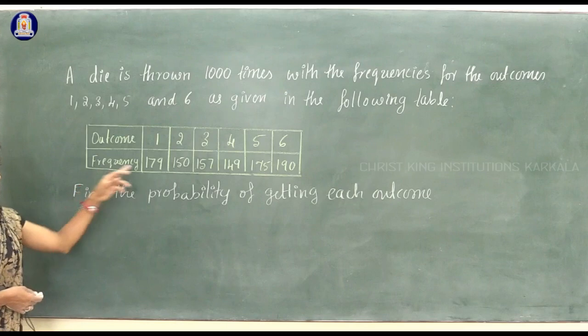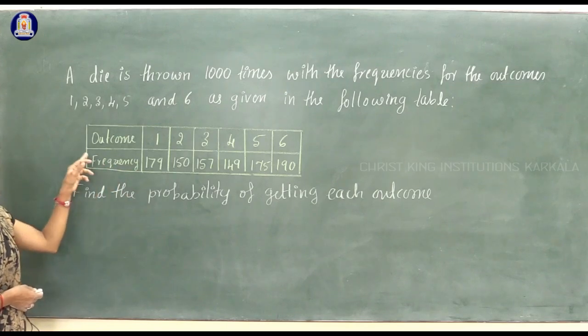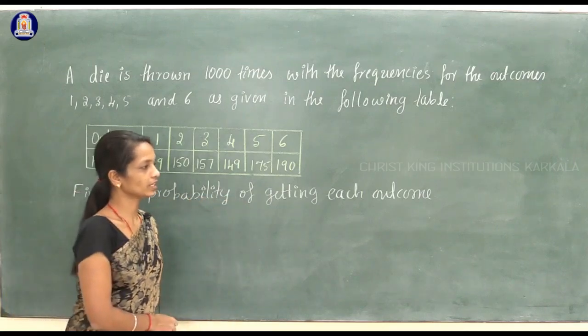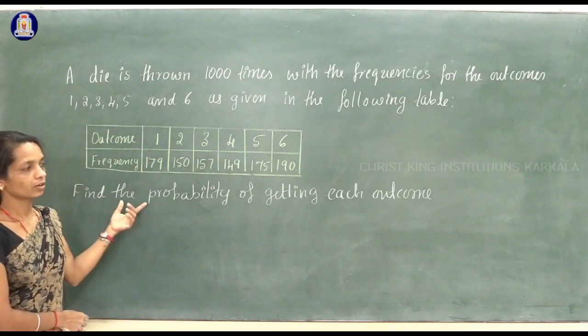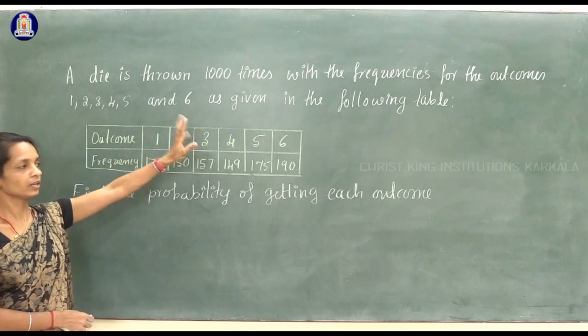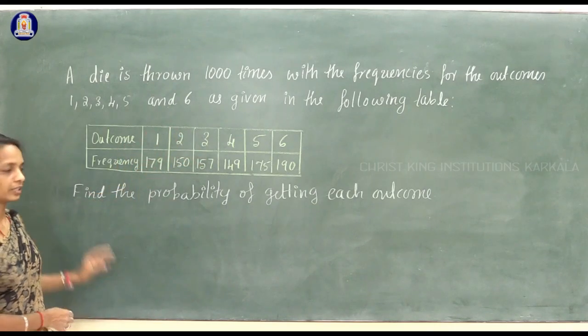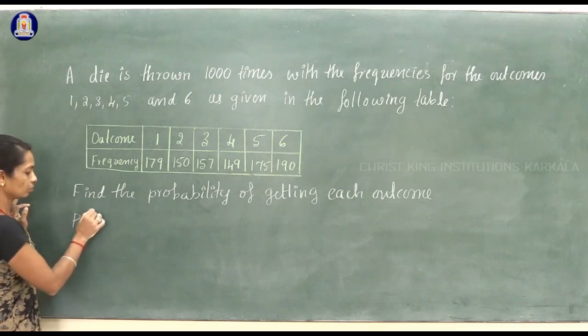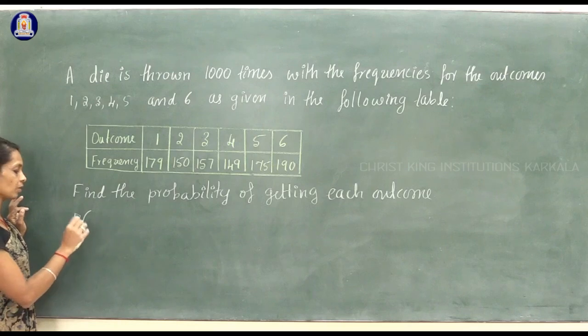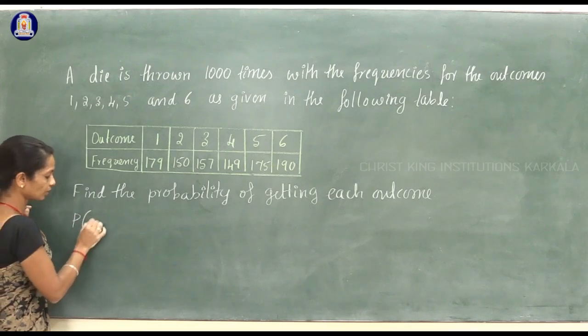Okay, that is the meaning of this table, and using that table you have to find the probability of getting each outcome. That is, you have to find the probability of getting 1 on the die, 2 on the die, 3 on the die, etc. up to 6 on the die. So first, the probability of getting the first outcome, that is the probability of getting 1 on the die. So P of getting